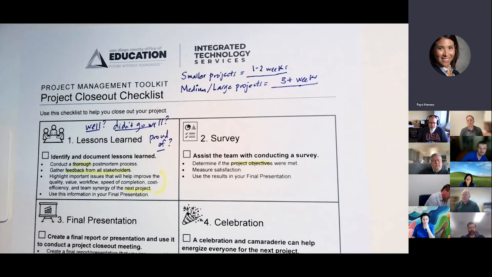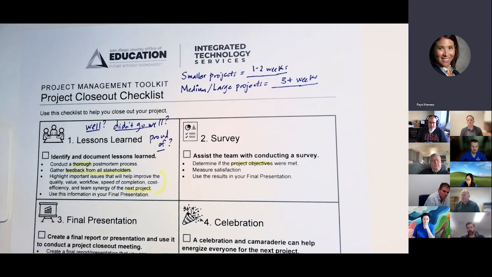Like if we're trying to save time, then we can find out, as a result of implementing this solution, are you now saving time? How much time? A day, an hour, a week? If your goal was to improve how quickly teachers can access something, or implementing MFA for more security, find out, are we seeing any difference as a result of this? So measuring satisfaction is part of that.